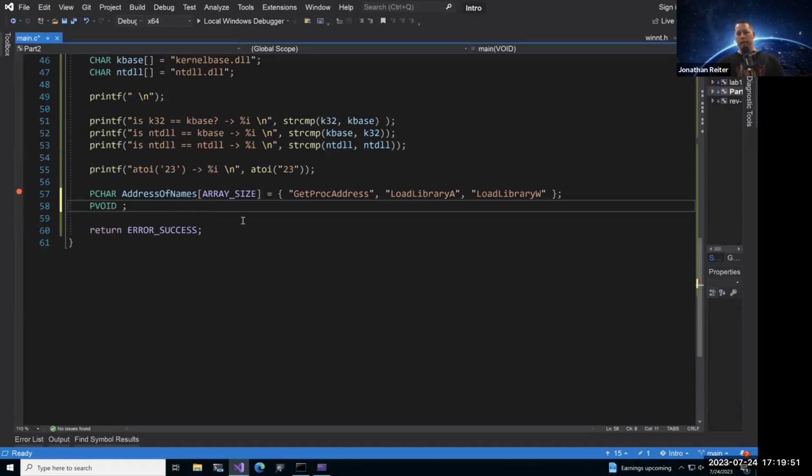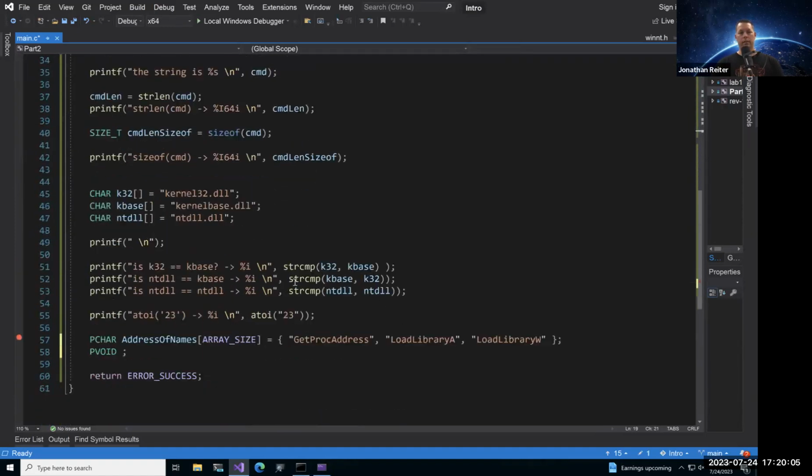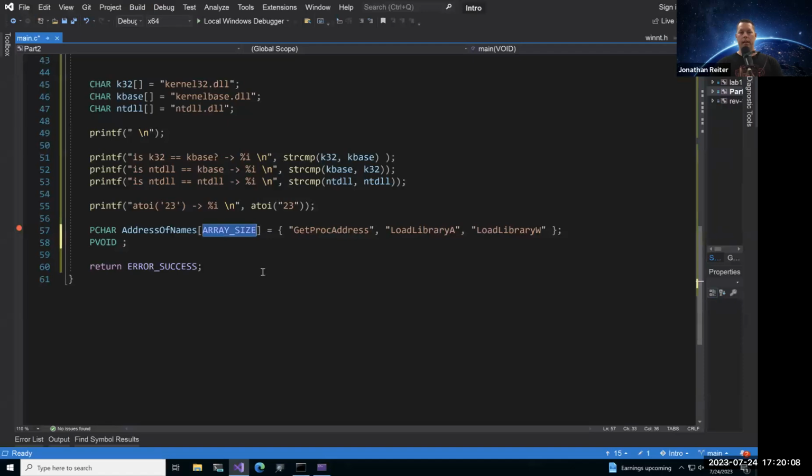Can I see how you defined array size? Yeah, so at the top, I did a pound define ARRAY_SIZE 3. So that's my constant. And I just use that inside of the brackets there and just initialize each member off the bat. Then you should be good after you do that. Yeah, hopefully you're good.